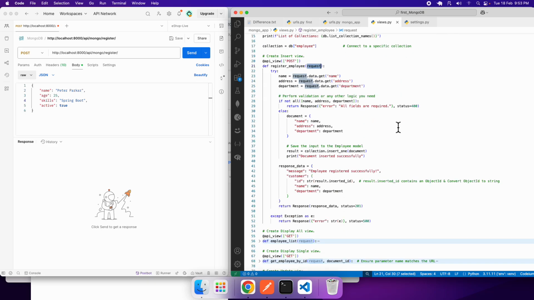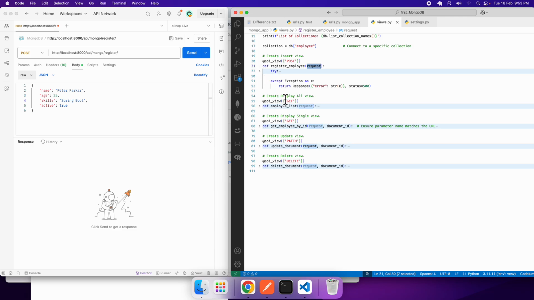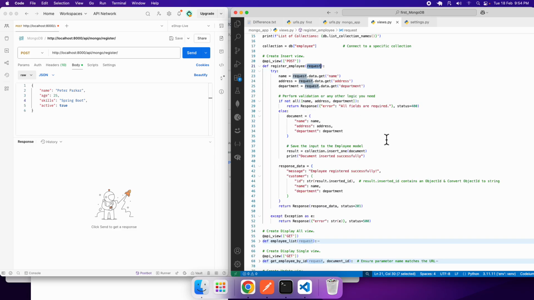Don't get scared by the code. The code is very simple. In my previous videos also I have shown you that whenever you are working with a database that is in the cloud, like previously my PostgreSQL, you can also deploy in the cloud in their domain. It is always a good practice to make use of exception handling. So this can be one interview question: tell me something about exception handling, or tell me the scenario where you will be using exception handling. So try except can be a very important